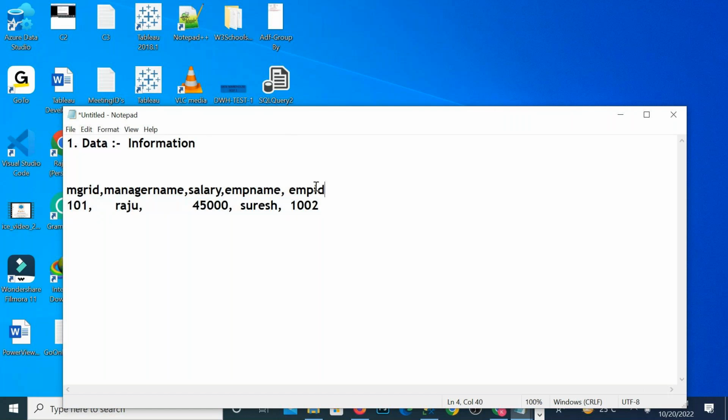If I want to know this data, I want to know. So data about data. This is nothing but your column names, and this is nothing but your values, the rows. So the data which is stored in the database is